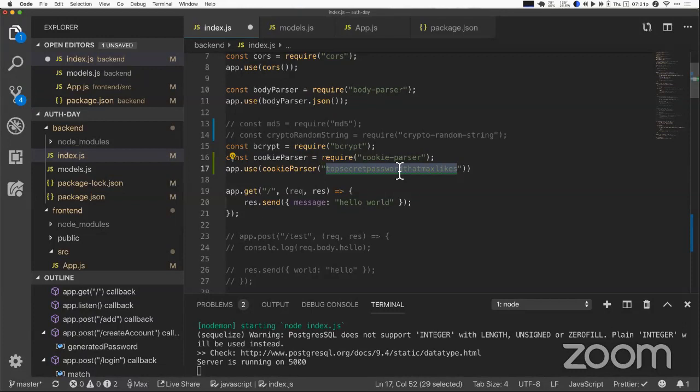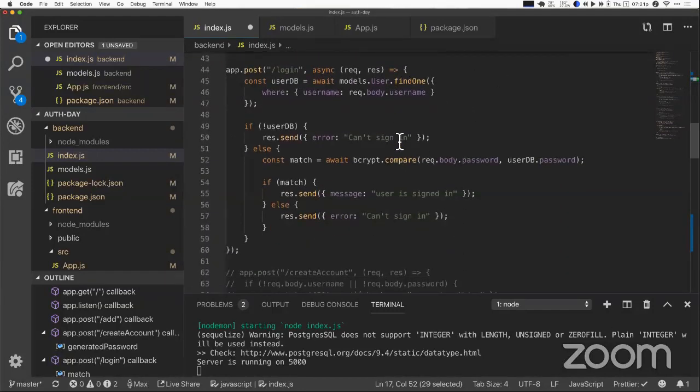Okay. All of that is great in theory, but unless we use some cookies, I think we need to get to baking. Okay, so what we're going to do, I know it's corny, we're going to jump down to our login code, and in our login code that we already have written, what we are going to do